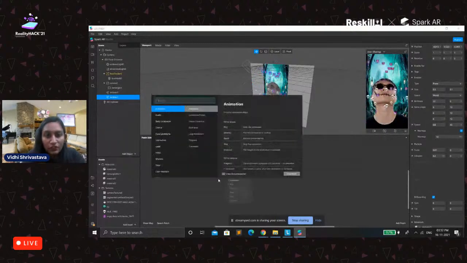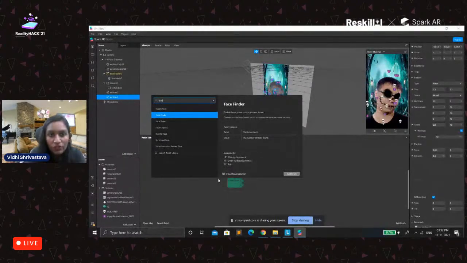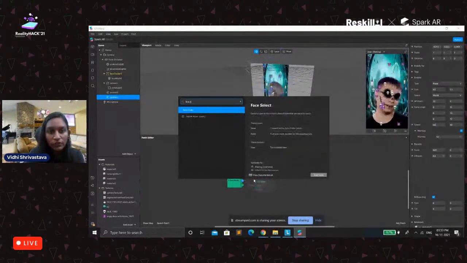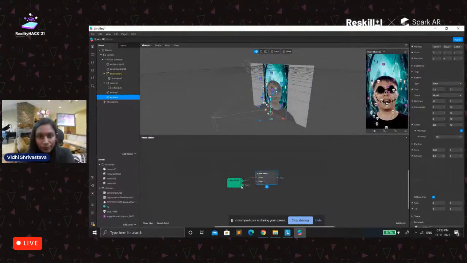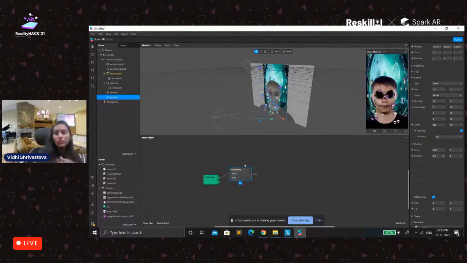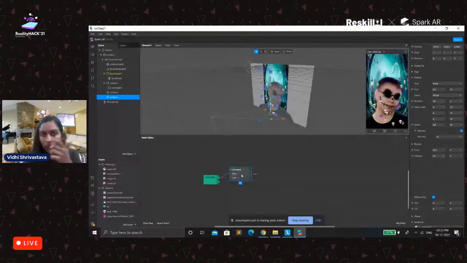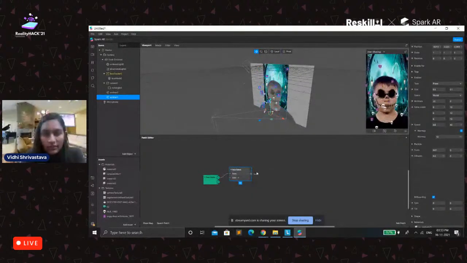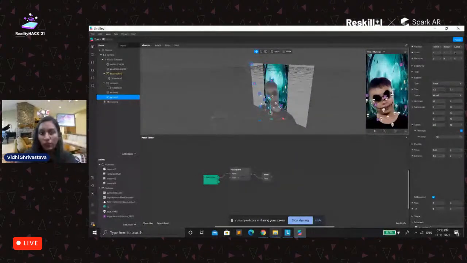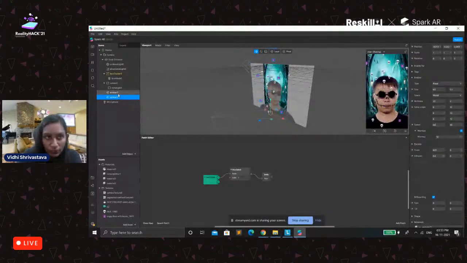So let me add a face finder here. What this face finder will do is basically look into the screen and find the face. With the face, we need to select the face, so we will have the face select here. Since we are making a filter where a single user is going to capture the effect, we'll take something like: if a user smiles, then this particle effect should appear. So we will select both of them,